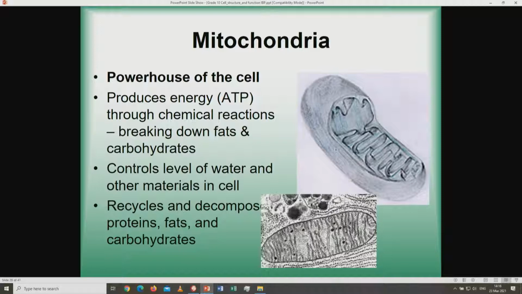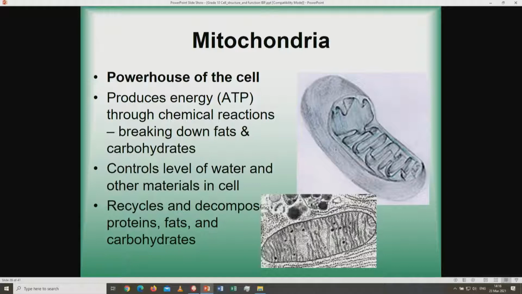It helps us with energy production, which is ATP, through chemical reactions, breaking down fats and carbohydrates, for you to be active. It also controls levels of water and other materials in and out by osmosis, of course,